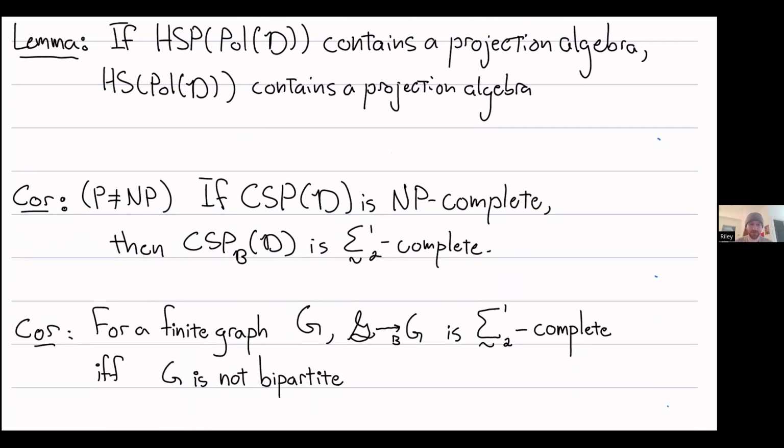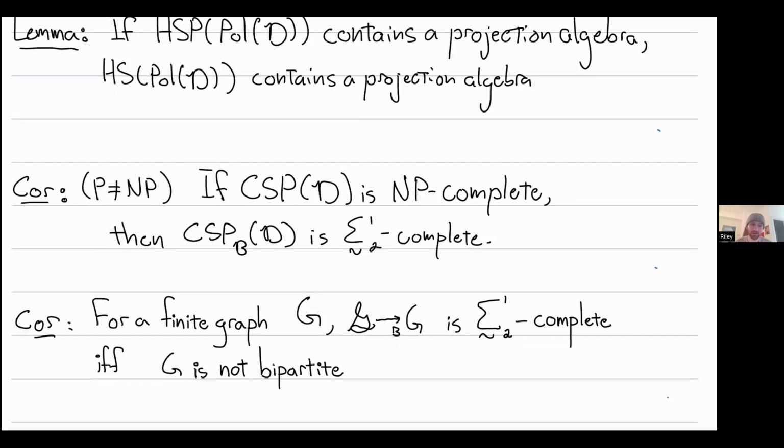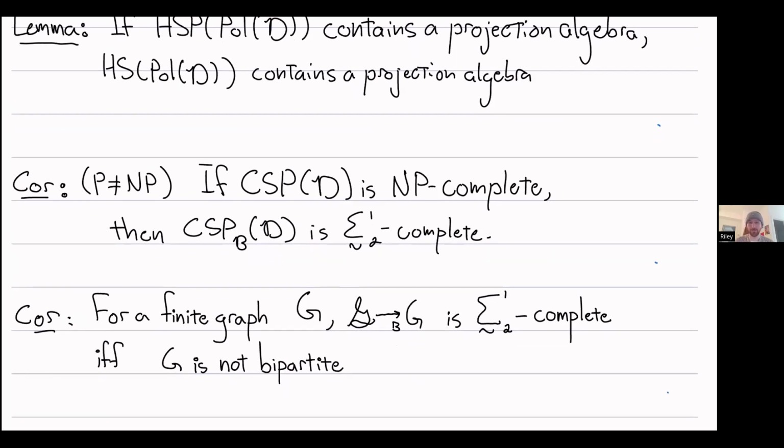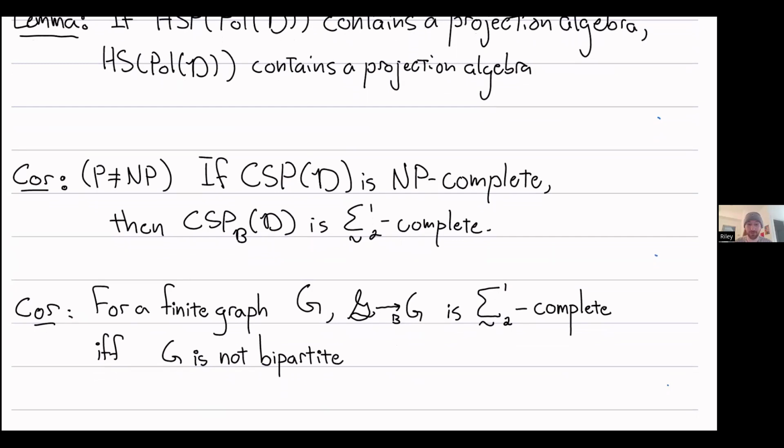I have to say a few more words to get rid of this P not equal to NP business, but it's just making precise some of the algebra involved. For a finite graph G, the Borel homomorphism problem with template G is sigma 1-2 complete exactly when G is not bipartite. When G is bipartite, this homomorphism problem is the same as two coloring, which we know has a dichotomy from Kerwa, Miller, and Vinyavsky and Schrittesser. Okay,